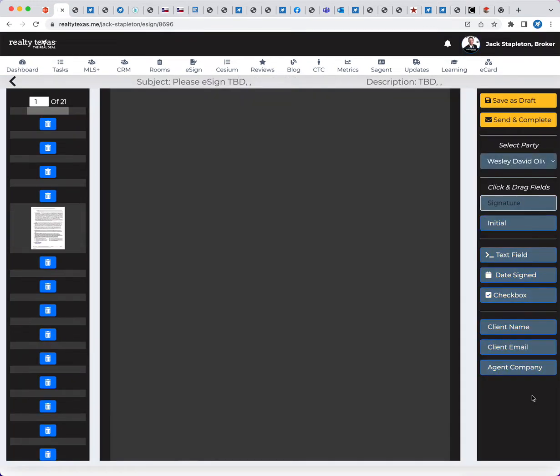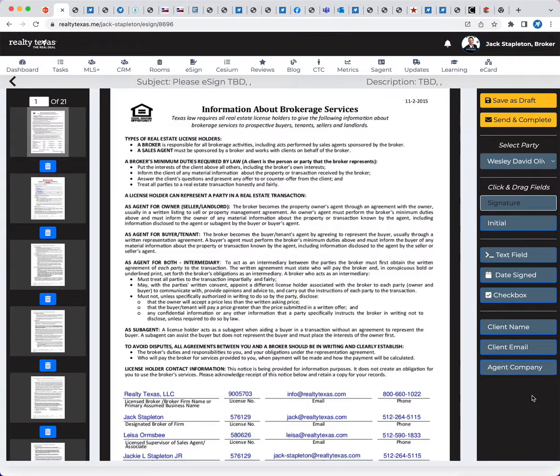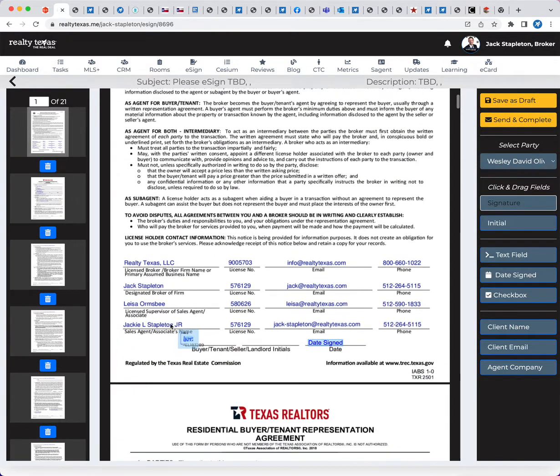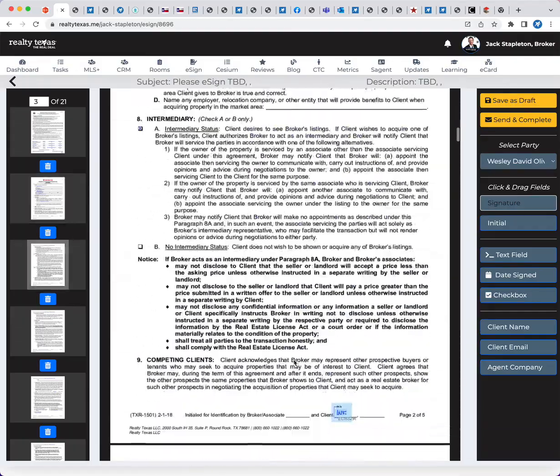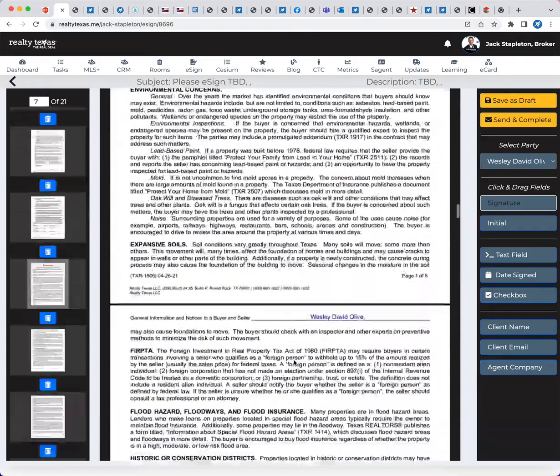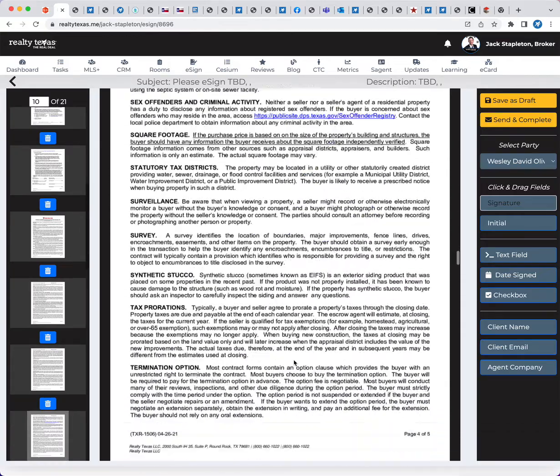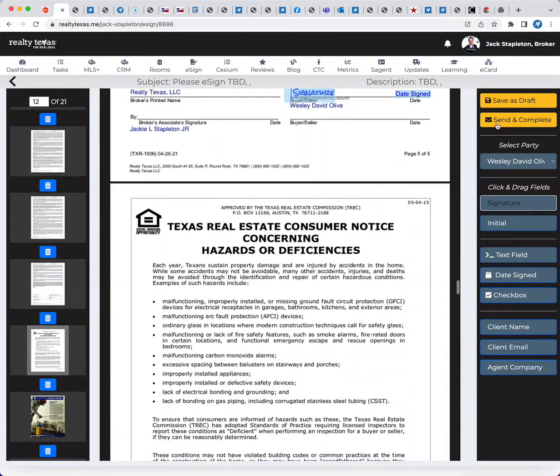Now here are all your forms. Notice the e-sign is already here along with the date signed. So in this case, every single one of these are filled out. Now the scary thing is this is actually a client, and if I click the send button right now, he's